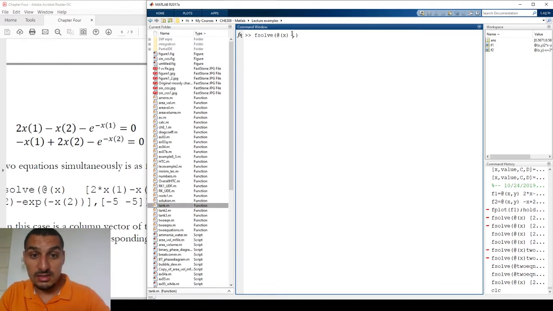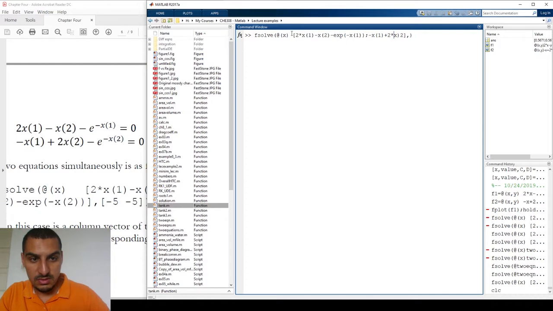I'm going to keep it here so we can see both. In this equation we write the two equations, and they are going to be in the same matrix. The first is 2 multiplied by x1, of course, minus x2 minus exponential of minus x1. So this is the first equation. To go to the second equation, you can either make it 2 rows or 2 columns. It's up to you. It's going to solve in both ways. So it's going to be minus x1 plus 2 multiplied by x2